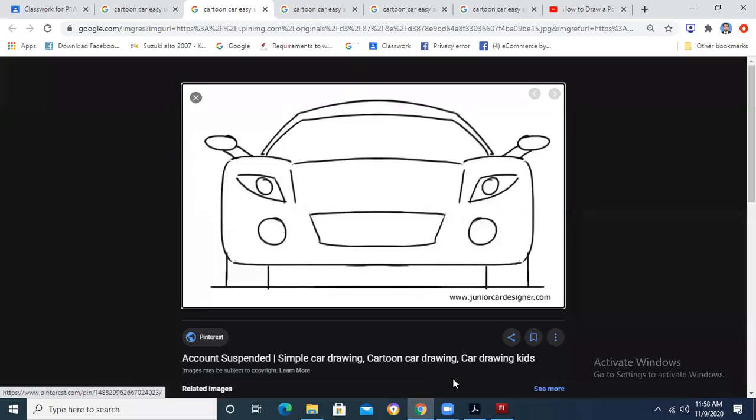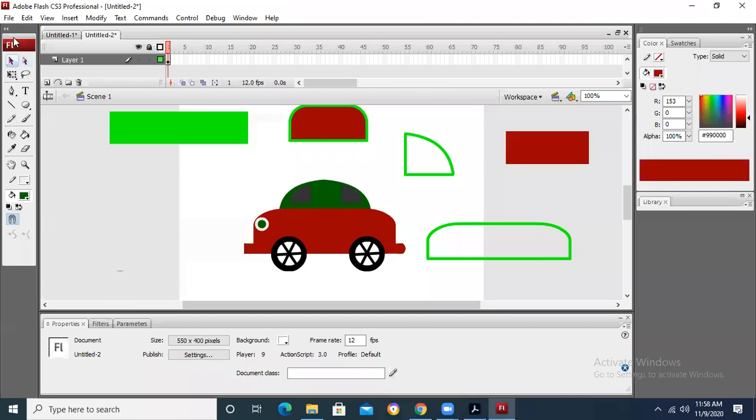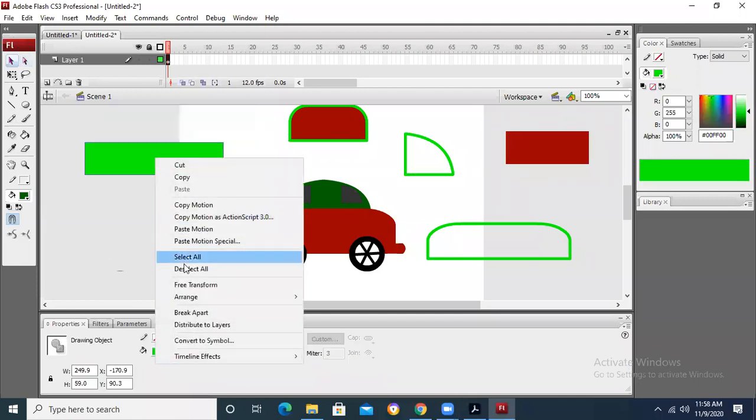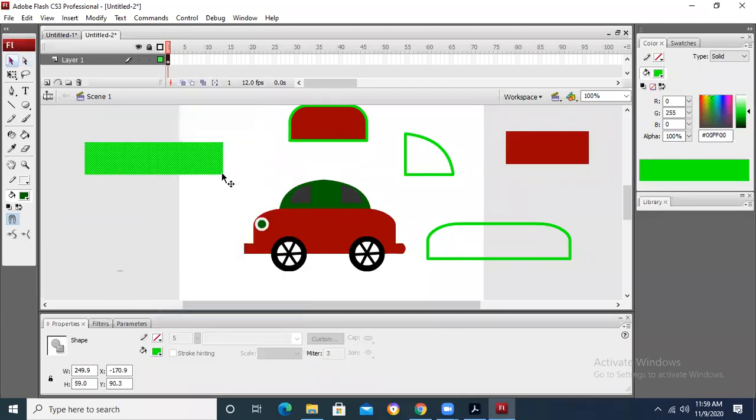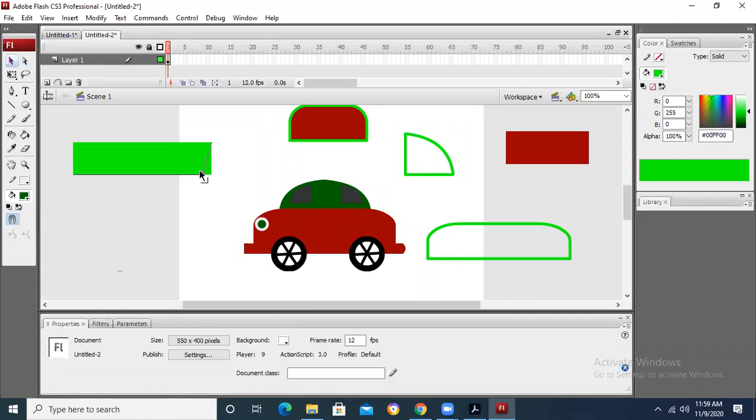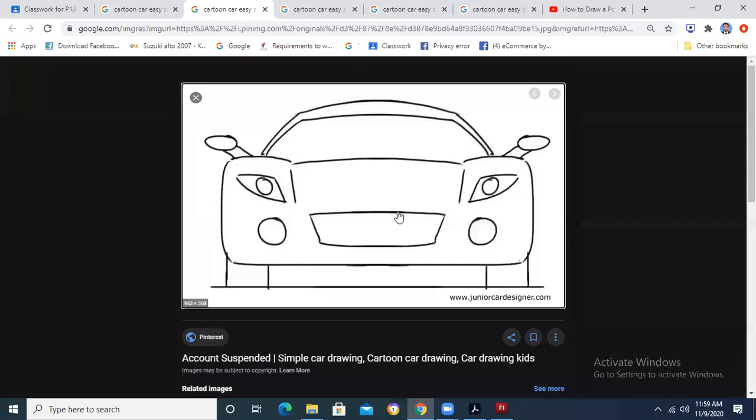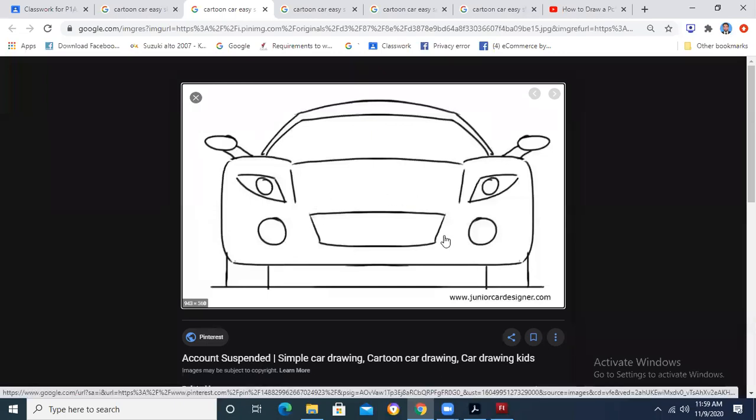This is a rectangle. How can we change the shape of this rectangle in this way? For example, this is a rectangle. I will right click, I will break it apart. If I want to change it, I bring the mouse cursor here on these corners, and I can change it in this way. Just like over here, you can see in this example that this is basically a rectangle, but we have changed it so that these sides are bent and this side is small and this side is large. Then again, this is a triangle in the headlight, and inside the triangle there is an oval shape.